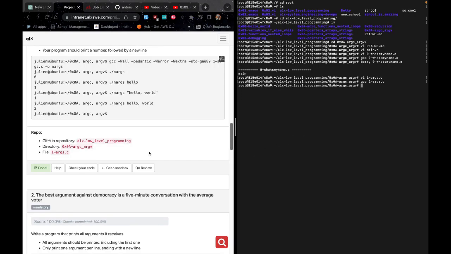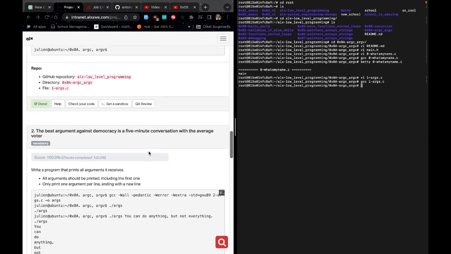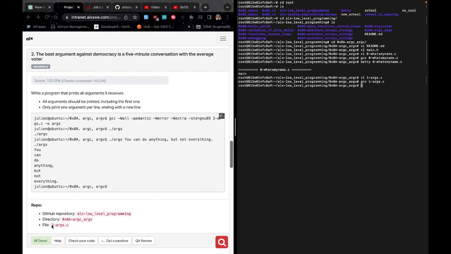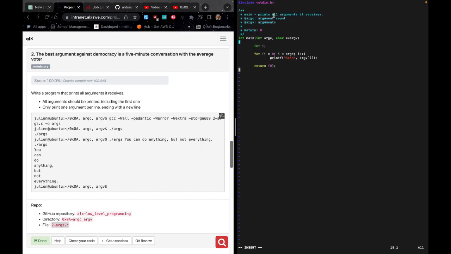Then the next task that we'll be doing is task 2, which is 2-args.c. Now we are being asked to write a program that prints all arguments it receives. All arguments should be printed, including the first one. Then only print one argument per line, ending with a new line. To do that, we'll copy the name of the file over here. Come back to our terminal, type vi, and paste the name of the file. Hit enter, then write our code. After writing our code, which is this,